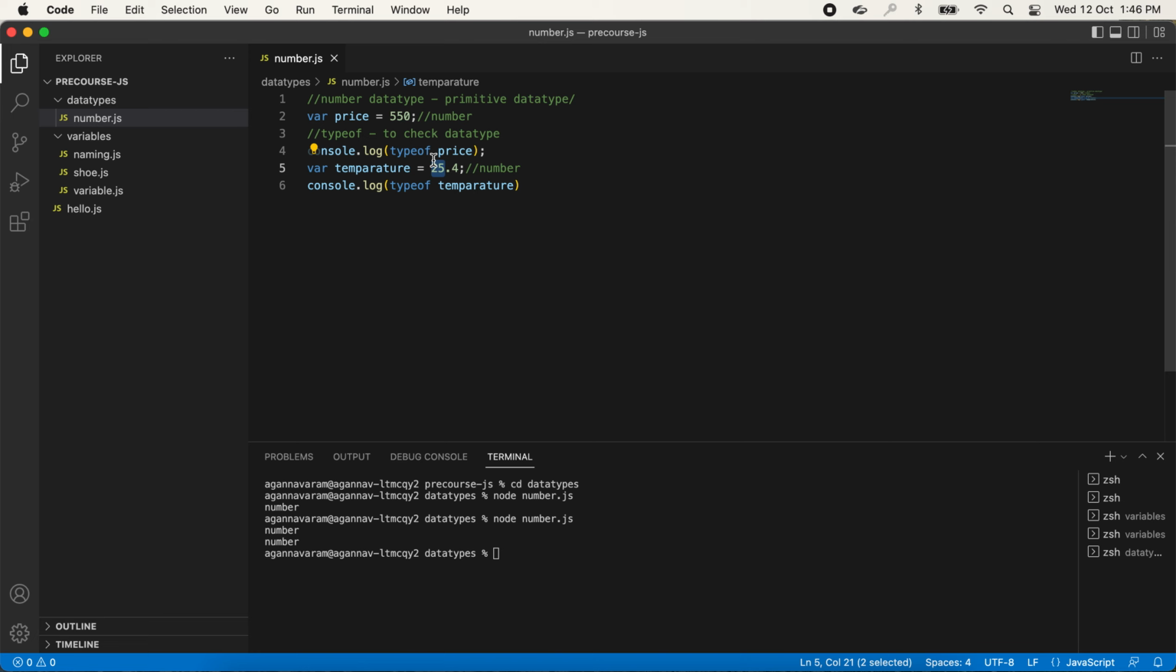Now let's say I am assigning the value of price to a string of 100 instead of the number 100. So what is a string? Anything that is written inside single or double quotations, right? Here I am reassigning the value of price to 100 inside single quotations, which is a string. Now I am doing console.log of typeof price. Now when we save it and execute this piece of code,